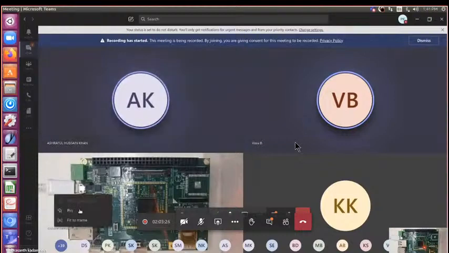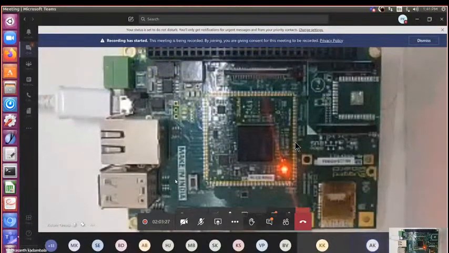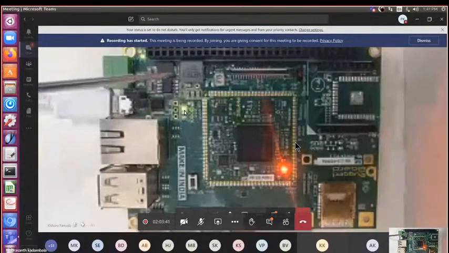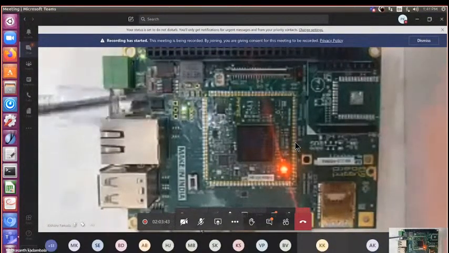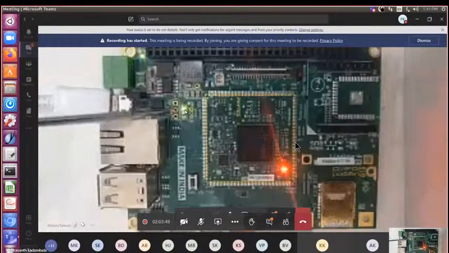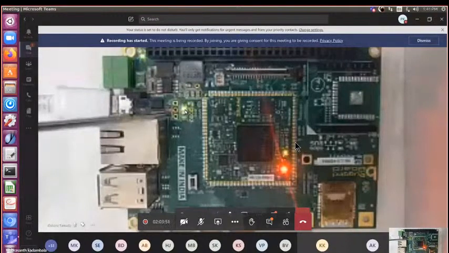Yes, pin. So here you can see the GPIO is blinking. Can you bring your mouse pointer there? It stopped. You can rerun the code. It's already blinking. So you have taken only pin 61, right?